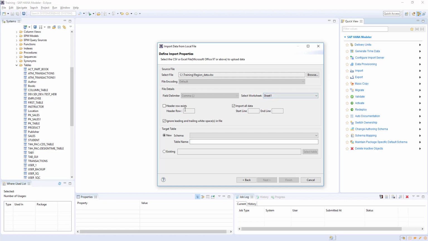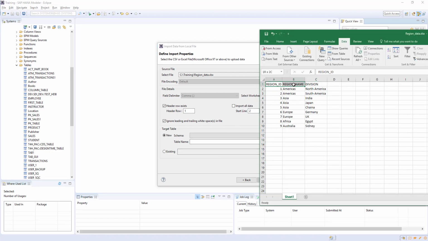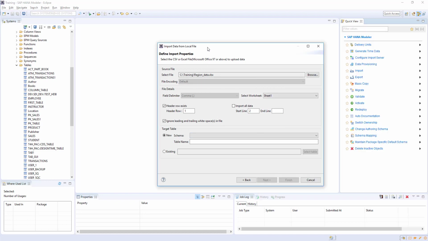So select the worksheet and our file is having header. So that means this is the header, region ID, region name and division. So we have a header, so that's why we need to select header row exist, and it will ignore the number of rows from the top. So it will ignore the first row header number. So this row is going to be ignored. Only these values are going to insert into the table. Okay. So import all data,